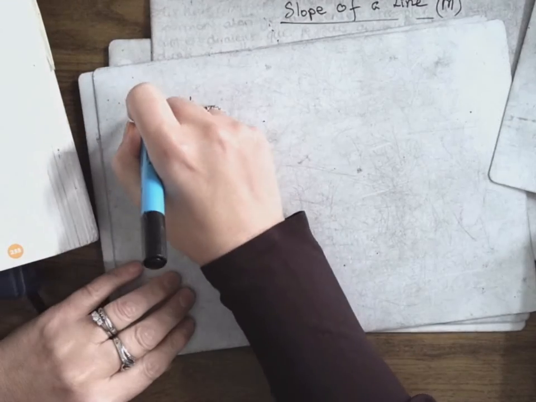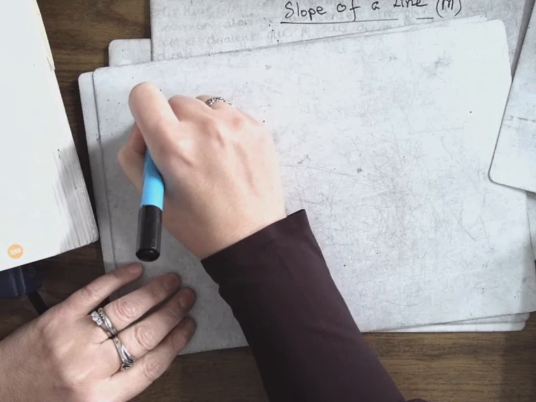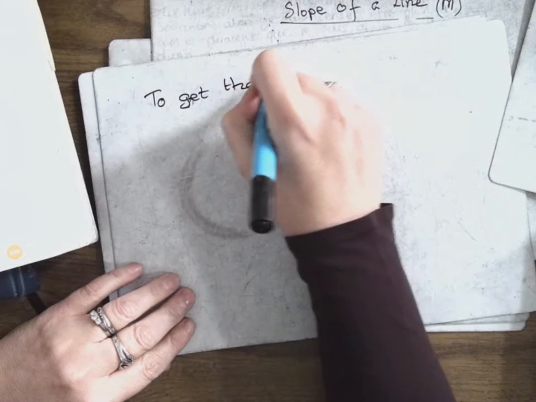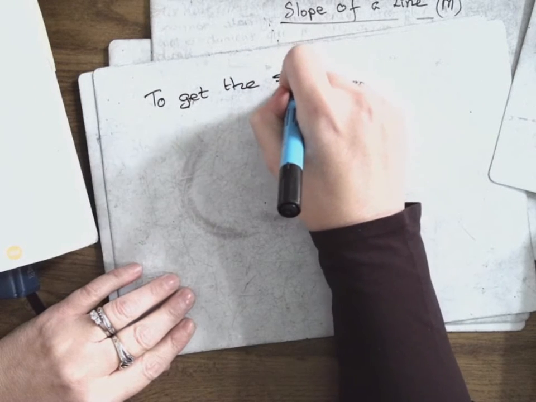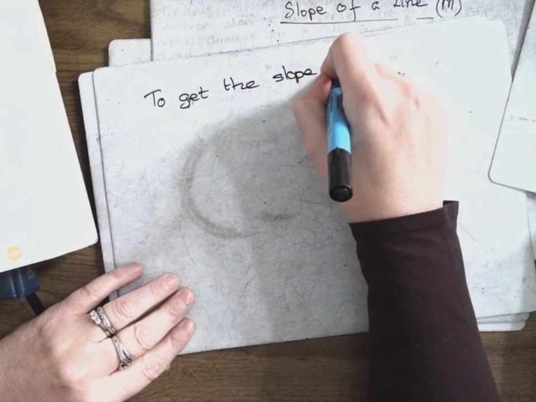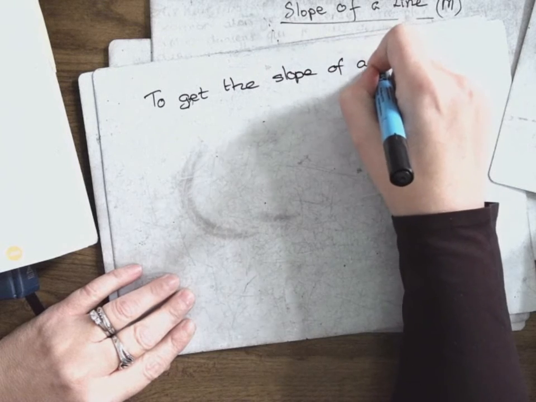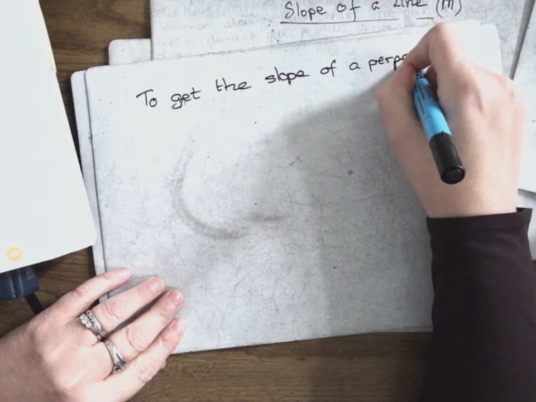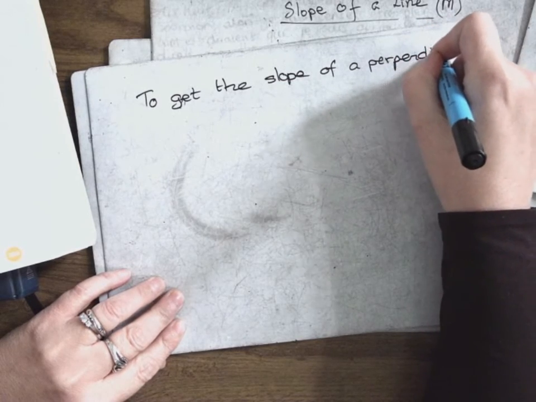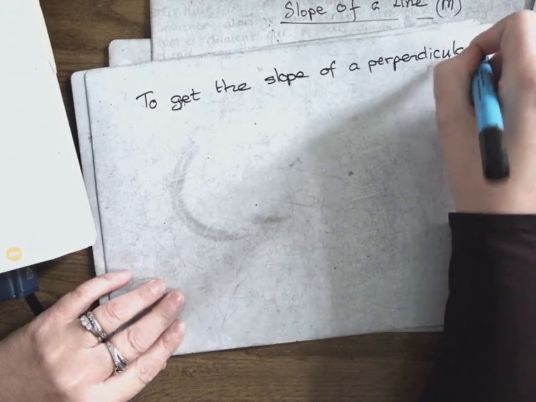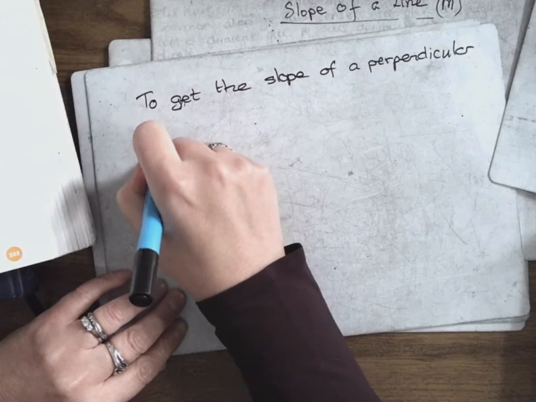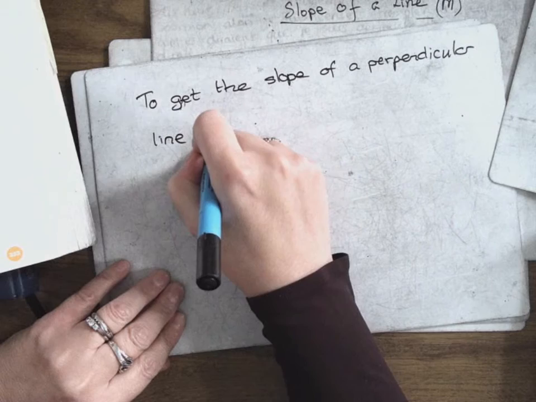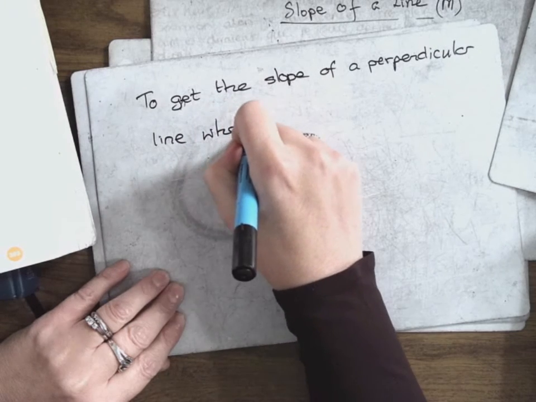So, given this, to get the slope of a perpendicular line, when given the slope of a line,